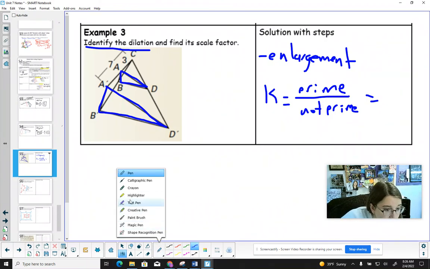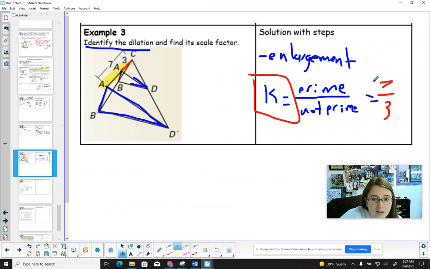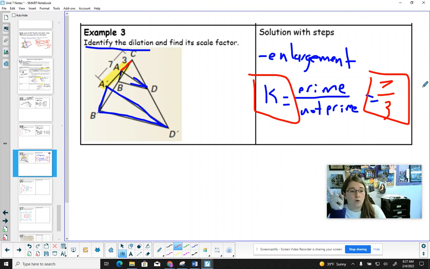Well, looking at this here, 7 is the length to the prime, that's 7. And then 3 is the length to the not prime. Oops, sorry, I highlighted that wrong. 3 is this length right here. So this is the prime to the not prime. So it should be 7 over 3. And again, that's good. That would be bigger than 1. That is an enlargement. So we're going to keep working with this in class. I just wanted you guys to practice these two basic concepts first. We'll keep going on about how to use this from